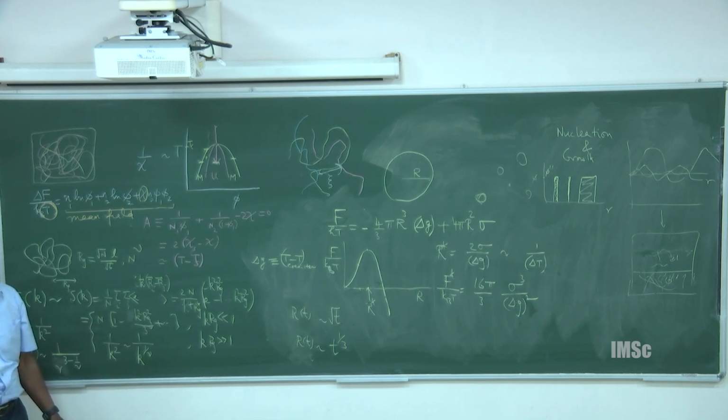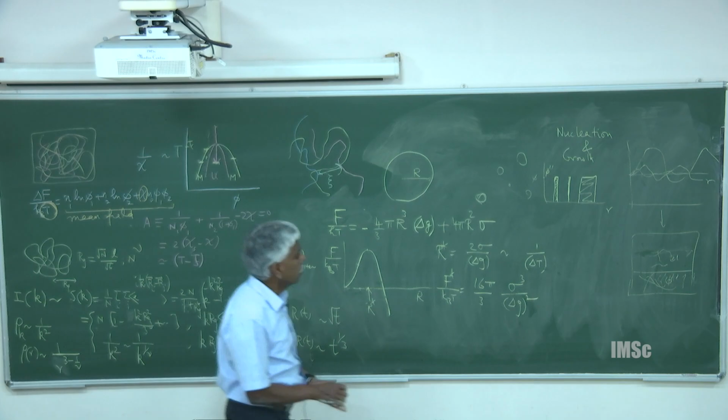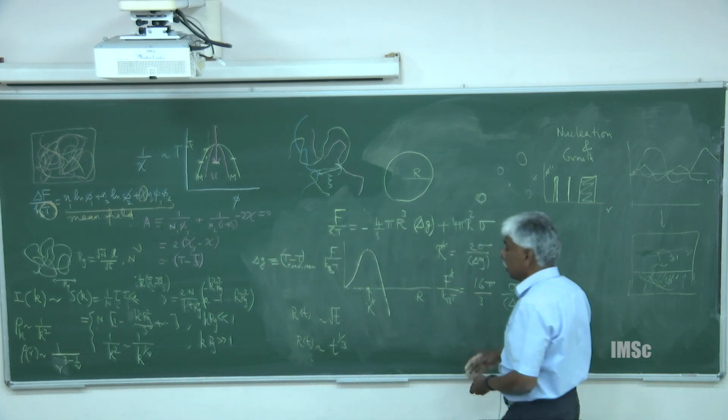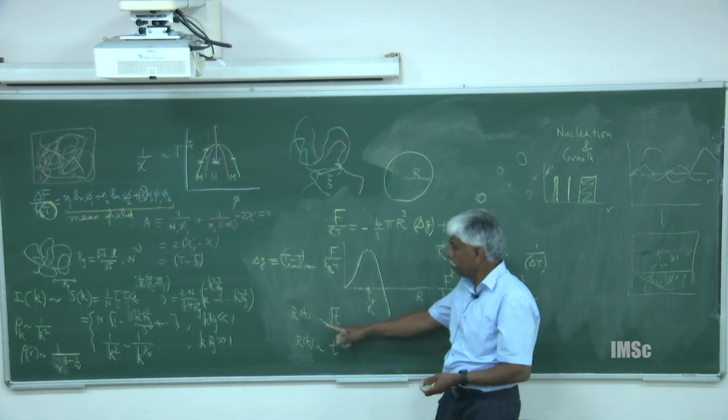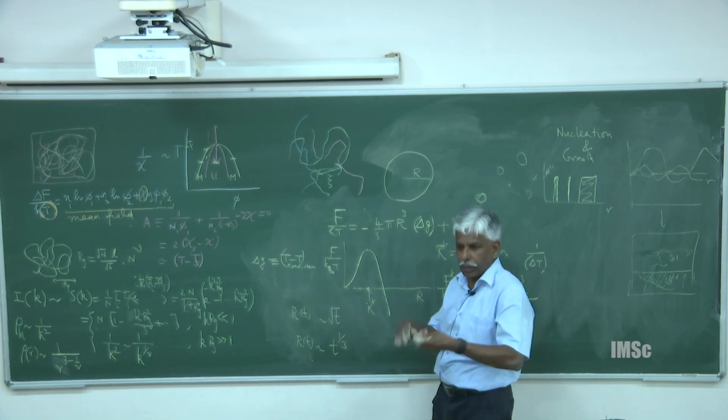Since you are talking about the kinetics, if I start from the unstable state and wait for the droplets to form and note the time, and if I start from the metastable state, which time will be greater? That's a very good question, right? It all depends upon, see, I did not talk about the growth, the prefactors in here. I did not tell exactly. I said this is what is going to happen.